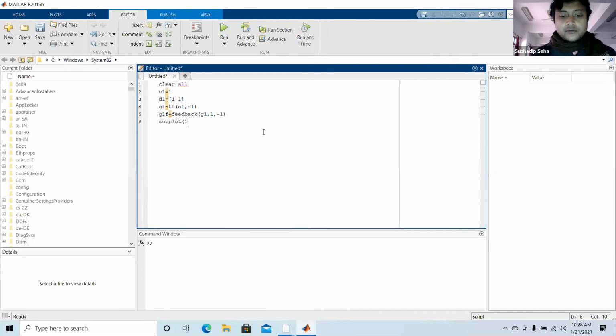Subplot 2 comma 1 comma 1. Then you write step g1f. Okay, g1f. Then title, step response.